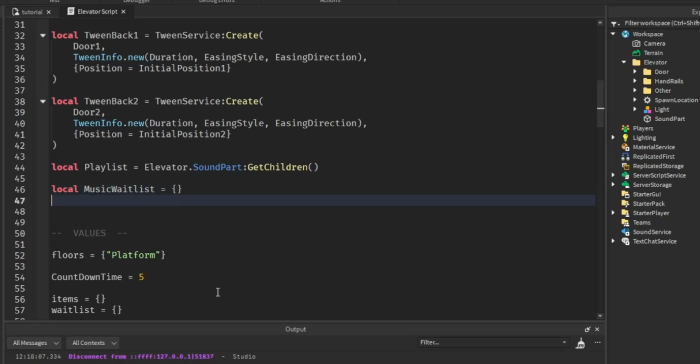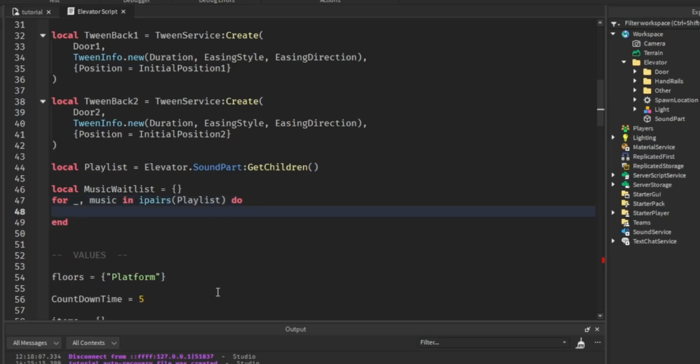Now we need a for loop to loop through the playlist and add the audio into the table. So for _, music in ipairs(playlist) do, and then table.insert, the table we're adding it to,